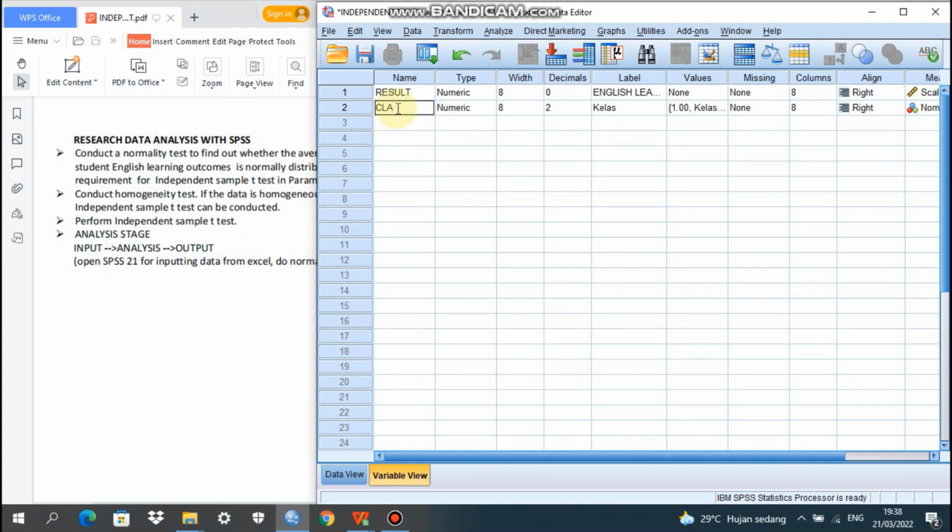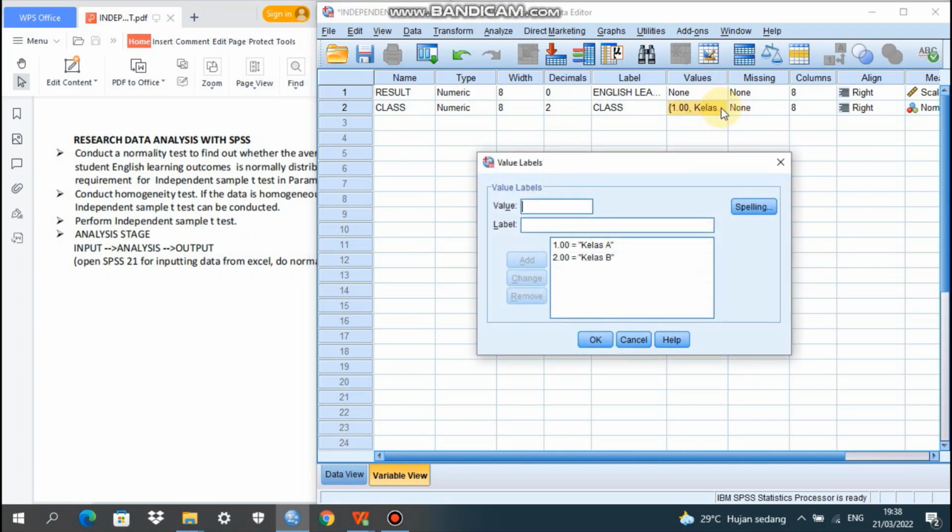Here we type class, and then in the value we type 1, and then we type class A, and then change. For the next value, number 2, we type class B, and then just click OK.